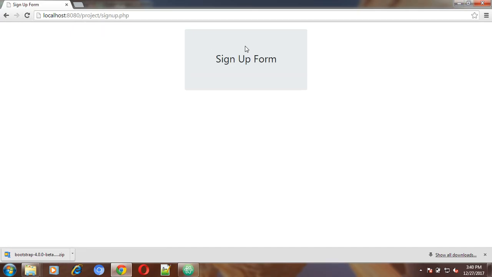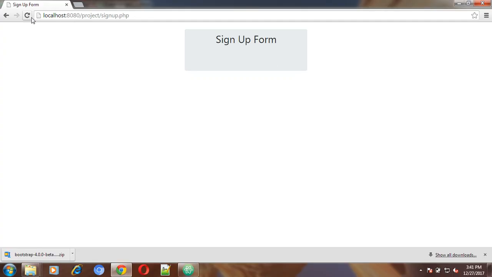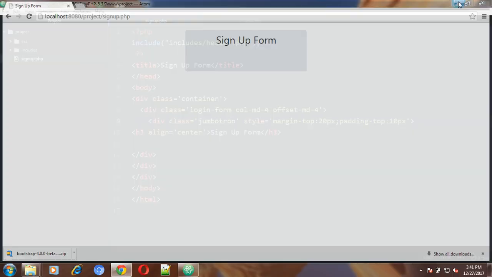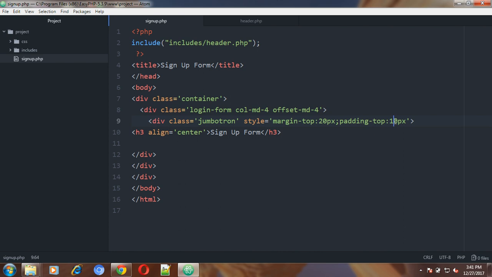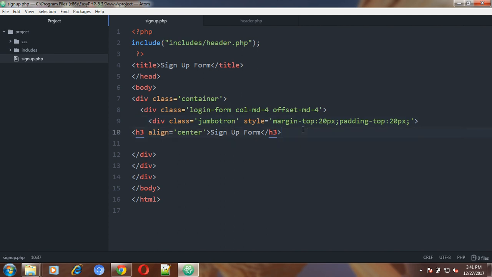It's okay, but here a lot of space is left, so we will change the padding. Padding top to 10 pixels. Now let us see what happens. We will add padding to 20. I think 20 would be good. Okay, 20 looks good. Now from here we will open our form tag,